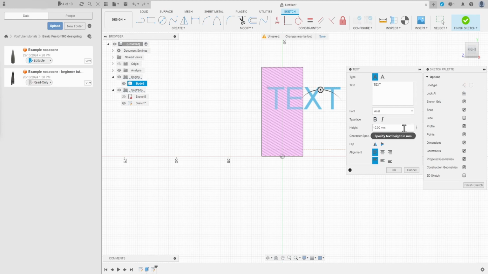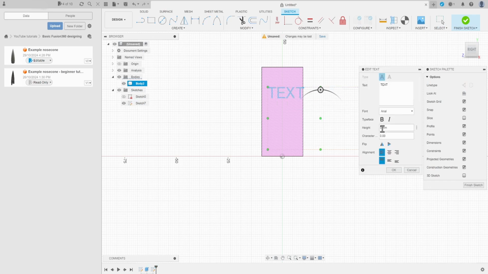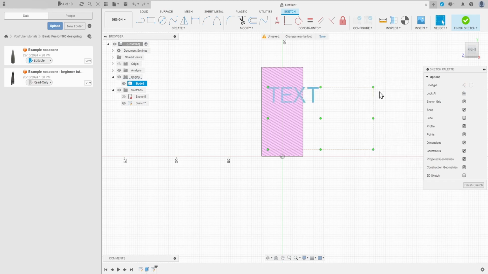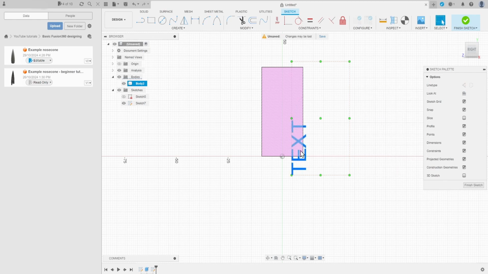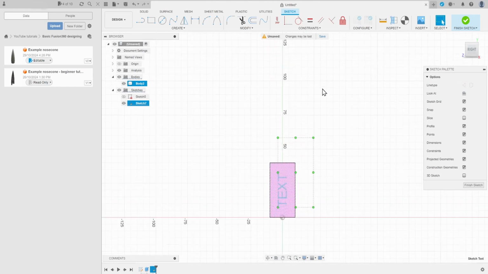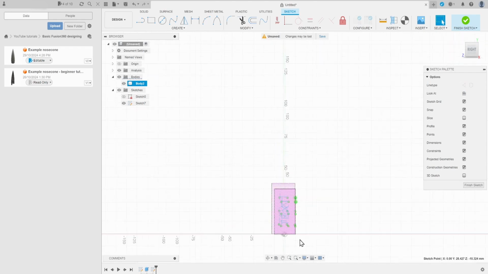Okay, the height is basically the size, so I'm going to change it to 5. I could make it a bit bigger, so I'm going to do 7. Alright, now we can flip it horizontally or vertically, except I'm not going to do that. Now I'm going to rotate it 90 degrees. And now I can just move it to where I want. Except I want to align it. So what I'm going to do is make it